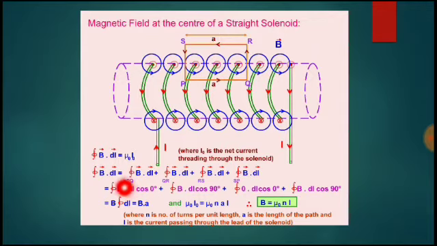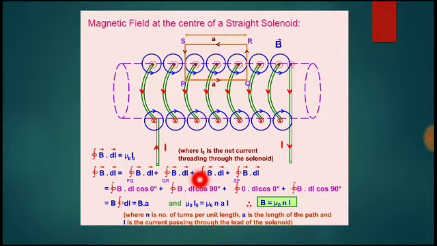From this, taking B outside and the line integral of dl, it is equal to B a. So here, if you integrate dl, you will get l, and that l is equal to a. This is the length of this side, so what remains is B into a. B into a.